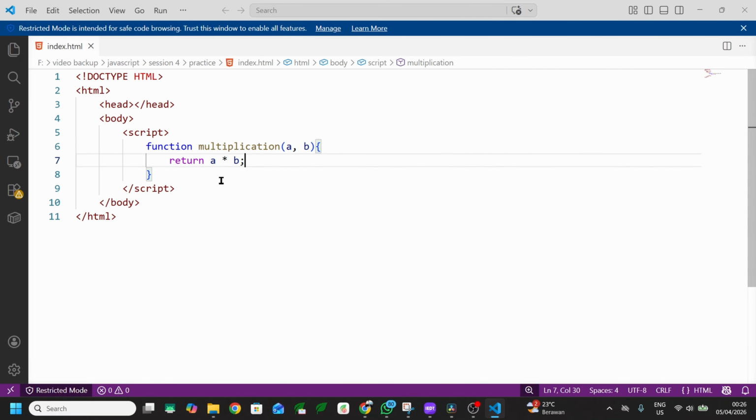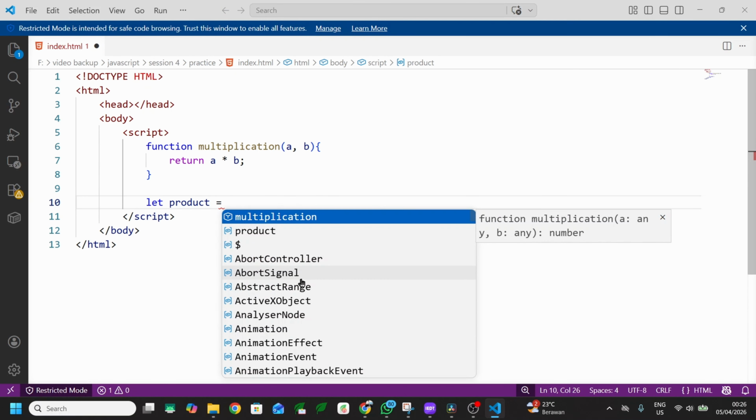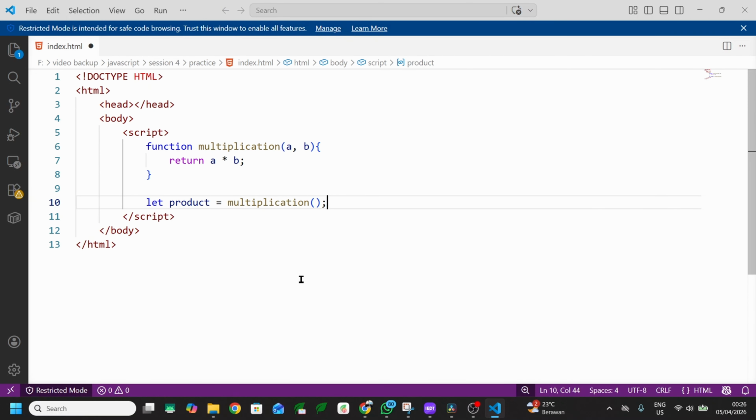And then how to invoke this function is just like this. For example, let's say I have a variable named product that I assign using multiplication, followed by the numbers 10 and 20.